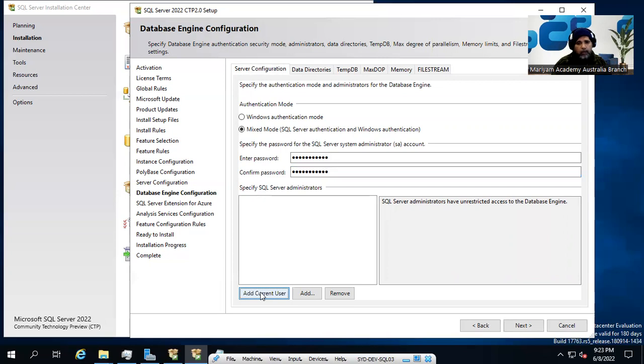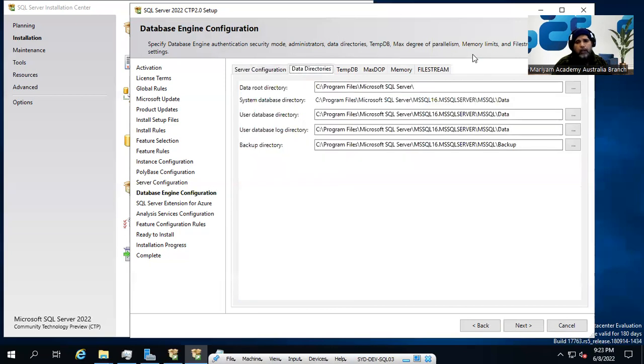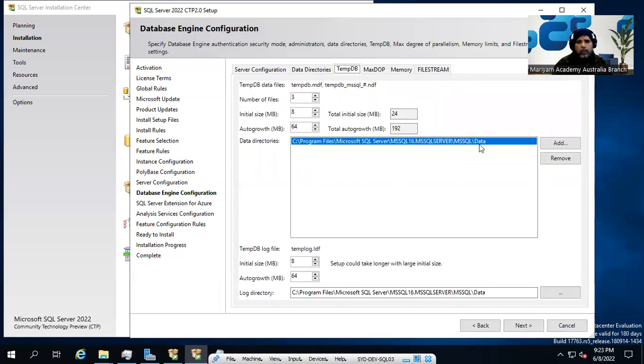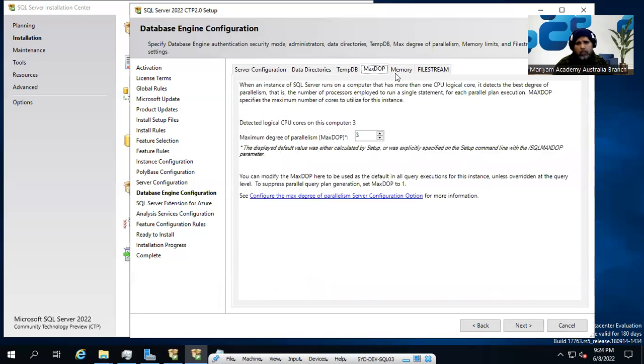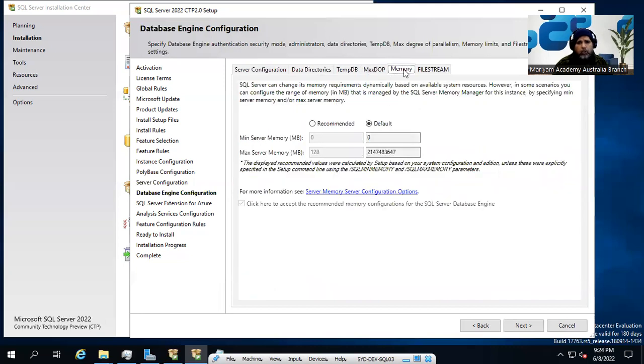I'm going to add my current user as a SQL Server admin account, because this is the administration account. Data directories, we can see, yeah, we are happy with the default paths. TempDB, yeah, I think the number of files we can live with. We don't have any problem with the options. LDF, page size, we can change that, but I think in this case, max DOP, we don't need to change,